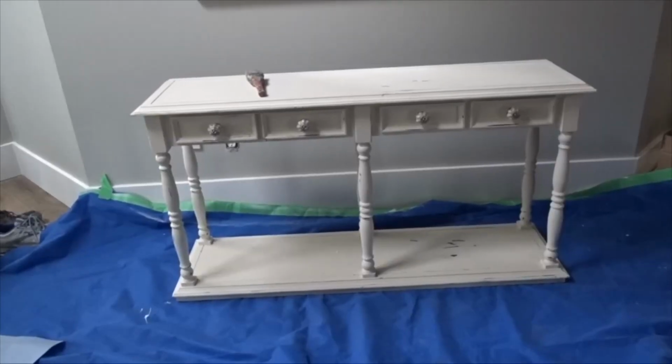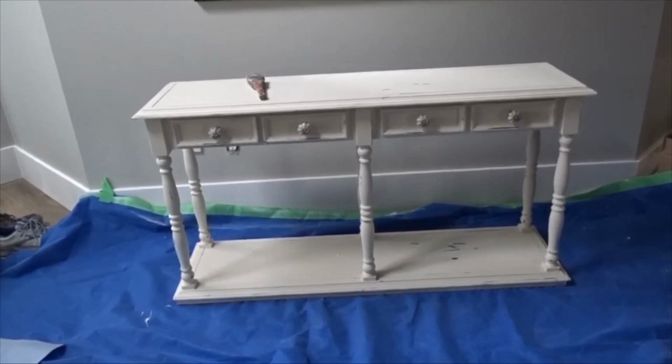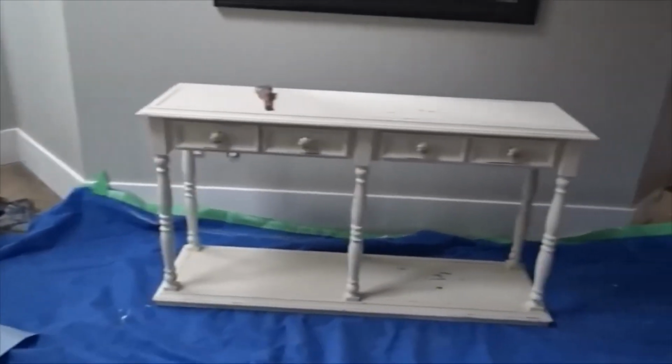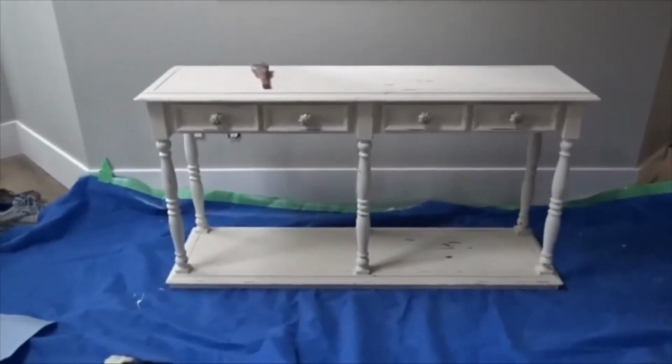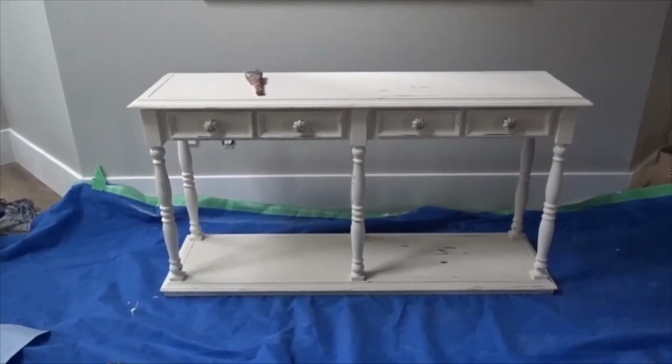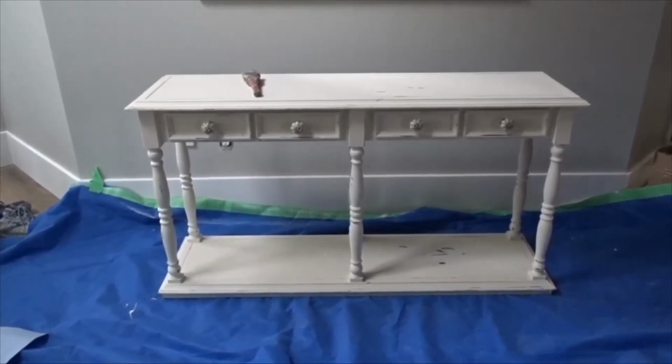I know it's a bit steep, but it was the perfect shape and the width, so I knew I had to have it. I'm going to be giving it a major upgrade today, so if you want to see this makeover, just keep watching. I'm going to be using this table as a console entryway table, but you can also use it as